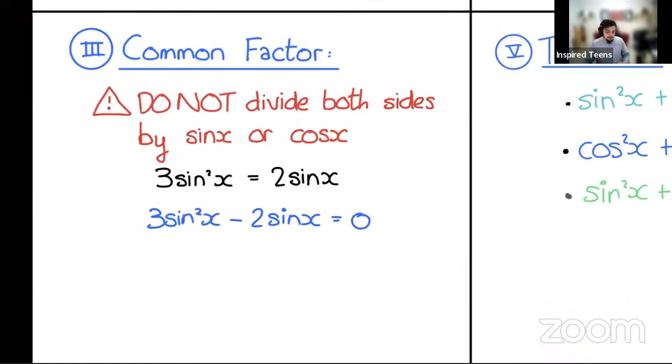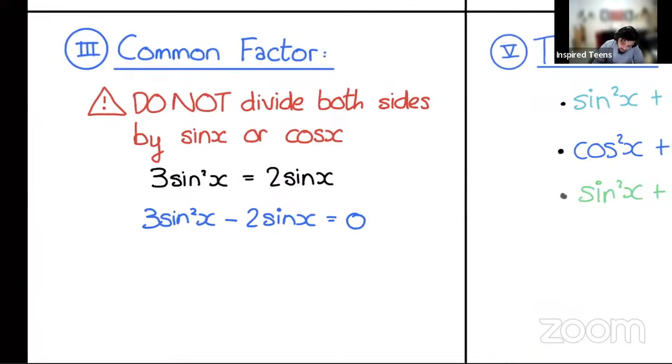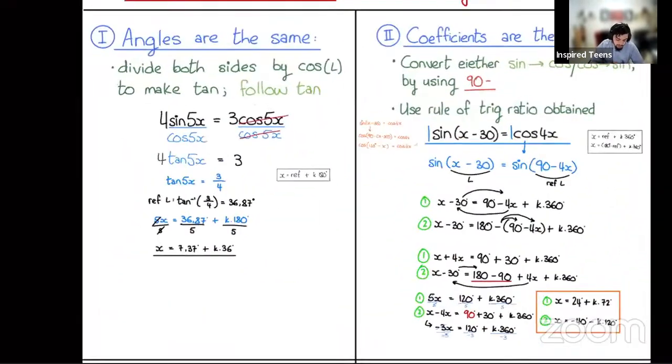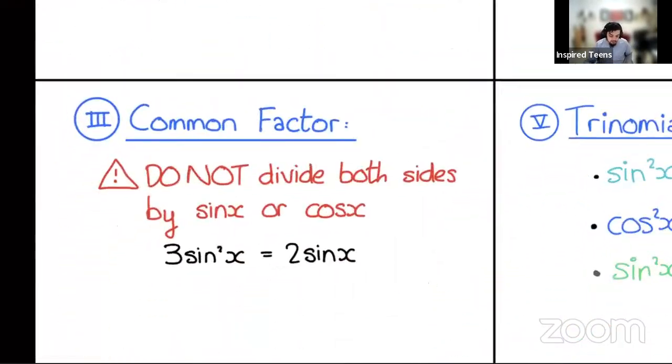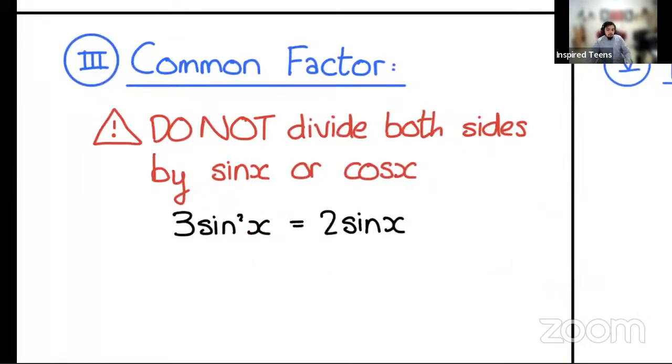Okay, so what happens when you try number one, it doesn't work. Try number two, it doesn't work. So angles are the same and coefficients are the same. Let's go to this question, and we look for angles are the same. Because we have a squared term and an x, angles are not the same, because one is going to give you a different answer than the other because one is squared. So the first one doesn't work, angles are not the same. The second one, coefficients are the same, that doesn't work because the coefficients are different.